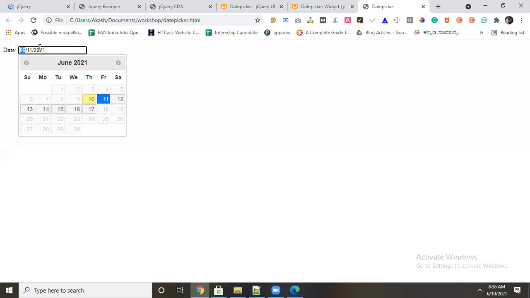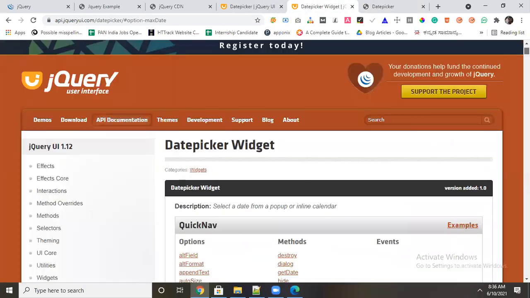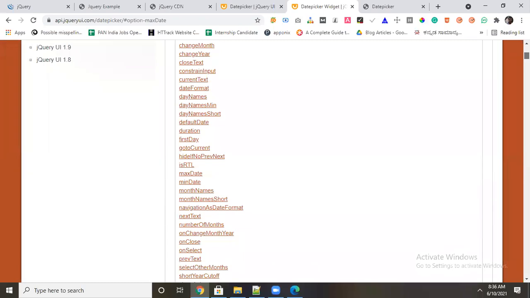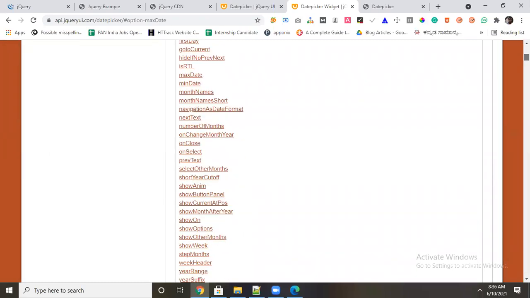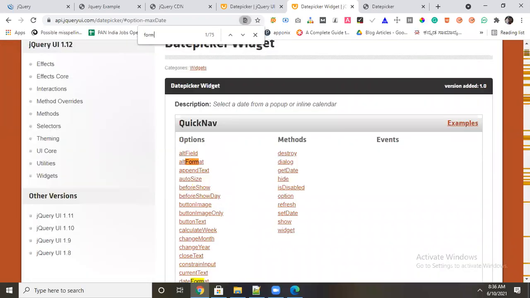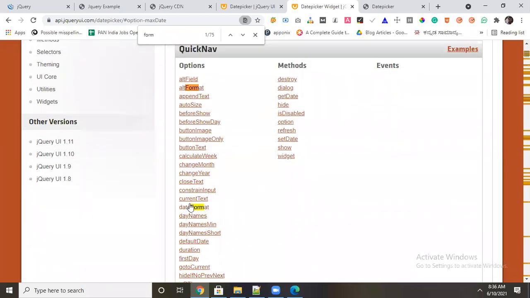If you go for any big application. Okay, how to do that change, I will tell you. Here itself, you can come up. There is an option called date format. Okay, the easiest way I will tell you how to find it. You can search here. You can see the format they have given. You can see date format.